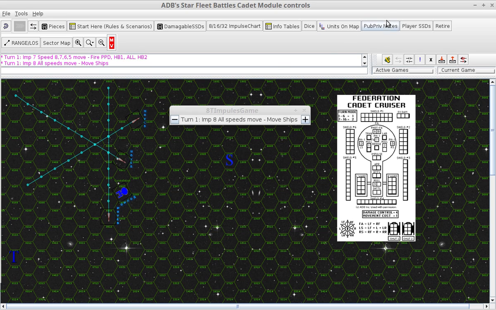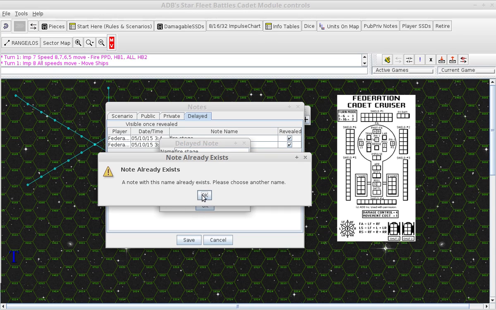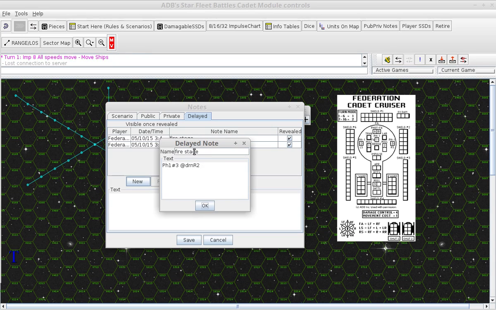So again, plot the public-private notes, create another one. Fire stage. It's going to be a phaser 1. It's going to be phaser number 3 at drone range 2. And this is Impulse 8,